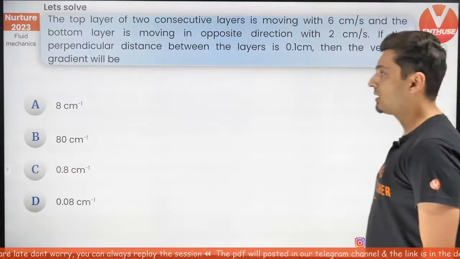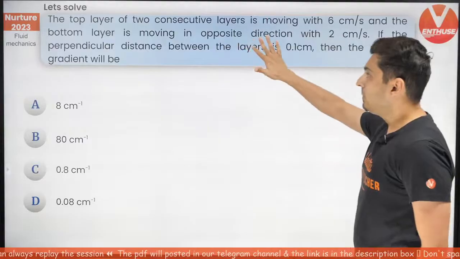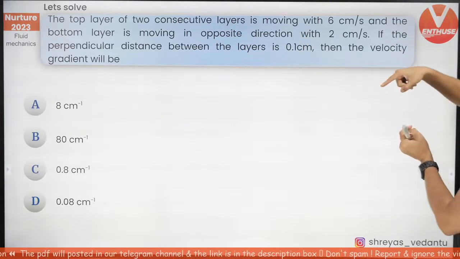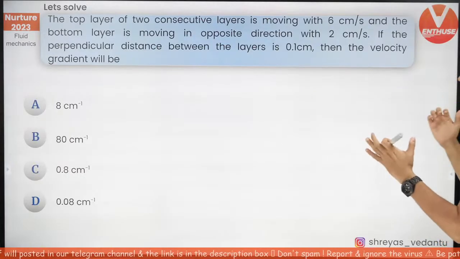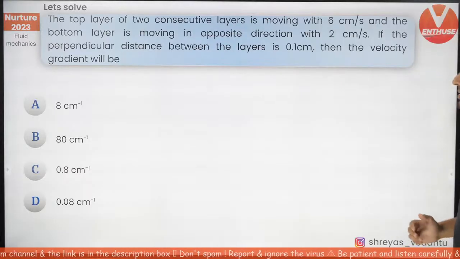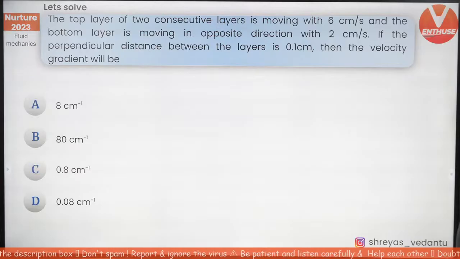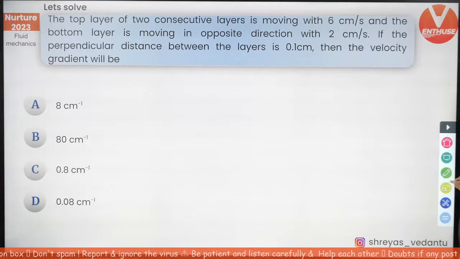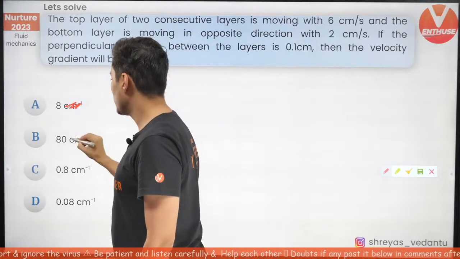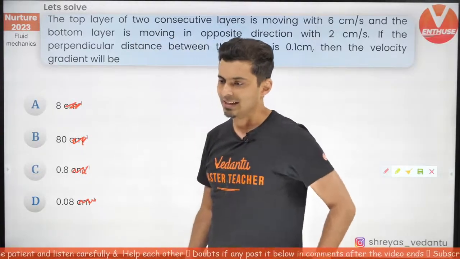So here's the first question on your screen now. The top layer of 2 consecutive layers is moving with 6 centimeters per second, and the bottommost layer is moving in the opposite direction with 2 centimeters per second. If the perpendicular distance between the 2 layers is 0.1 centimeters, then the velocity gradient will be, okay, these units seem to be wrong. This should have been per second. Ignore the units. This should have been per second, my warriors. Okay, let's see how many of you can